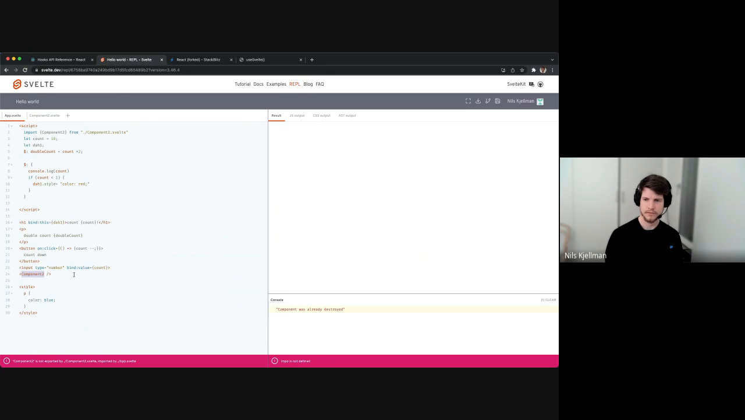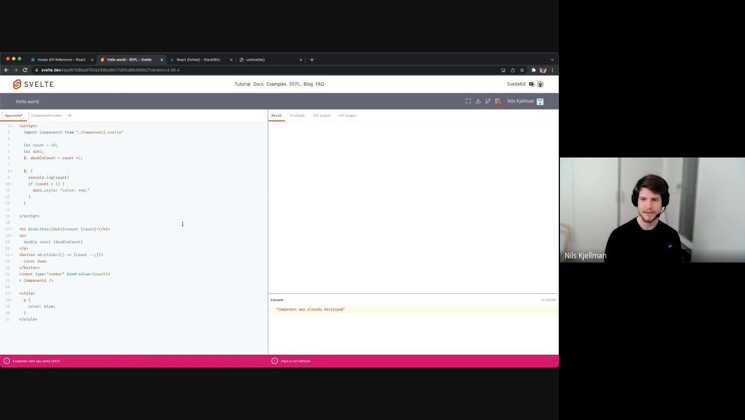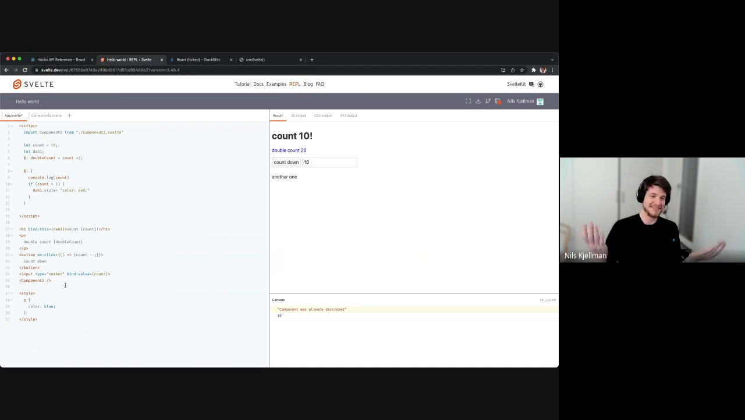Did I spell something wrong? Oh, it's not exported. What? Expected valid tag name. Curly's. Oh yeah, it's a default export, right? Okay. Live component is not defined. Okay, some space in there. Sorry, guys. All right, so what we basically do now is import that other component, and you see that it